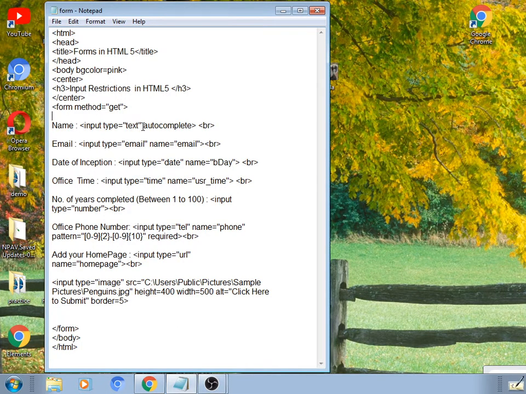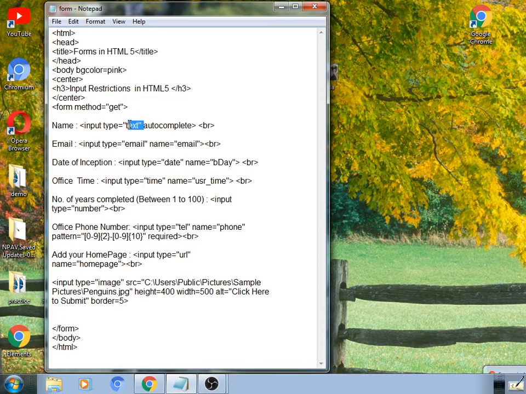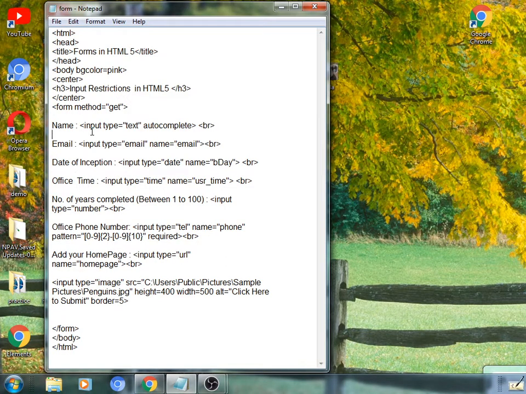Input type equal to text, a text box is applied here for a name field. So, it becomes like this: input type equal to text with a restriction attribute, autocomplete. This autocomplete is to be checked as on or off.